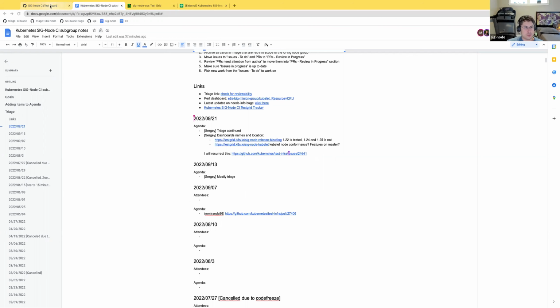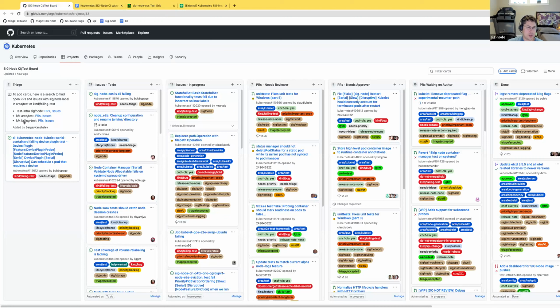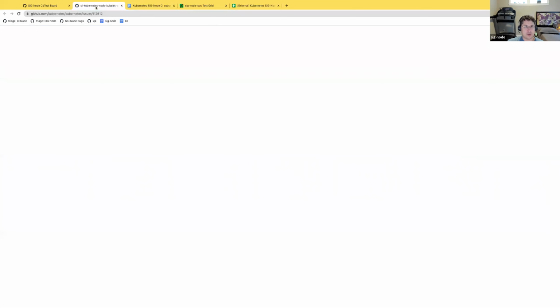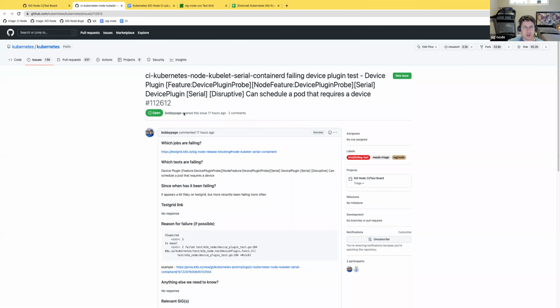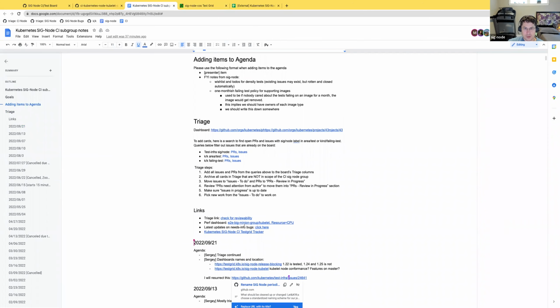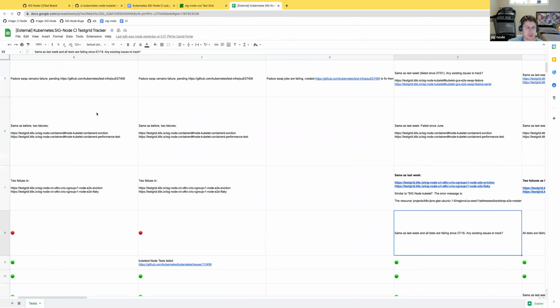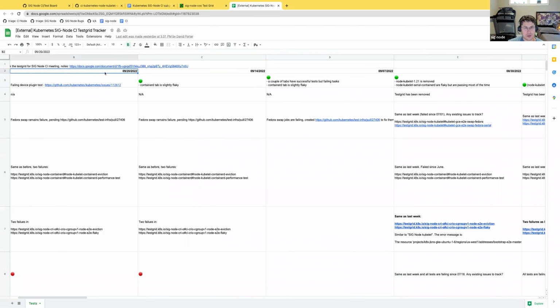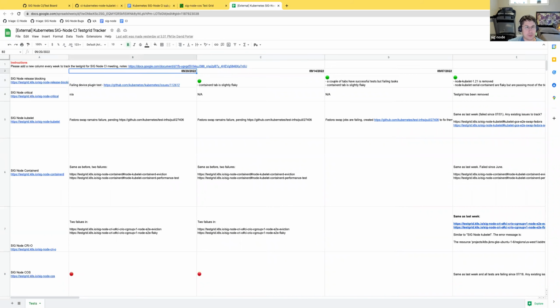Now I want to go into triage. I removed all the items from here that are not relevant to CI, so we don't waste time here. The only reported bug is here. I think David was filling up this chart, and he filed a new bug for device plugin.